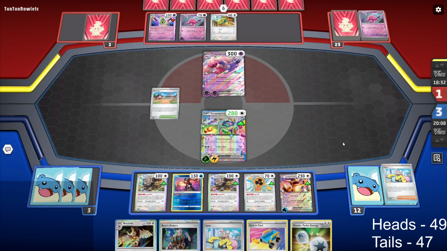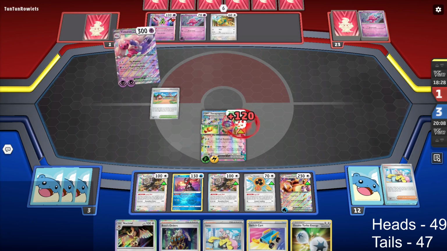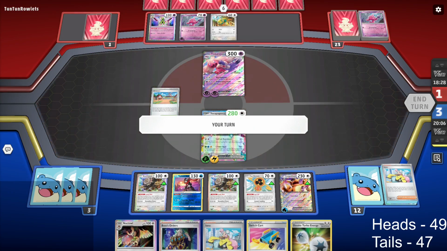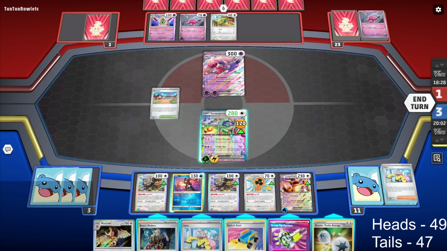Okay, they currently don't have a KO. Oh, they're just whacking me off with their big hammer. Okay, we can Iono them again. They only have 1 to Dunsparce. There's no way they can do it again. Okay, guaranteed. So I think I go...